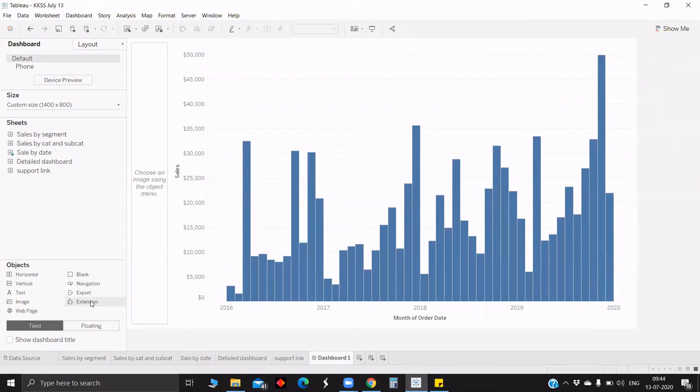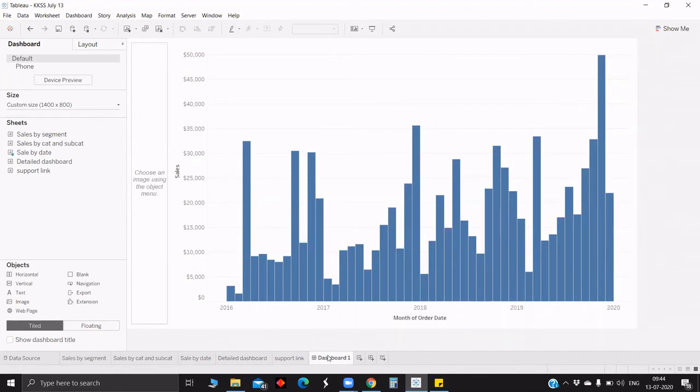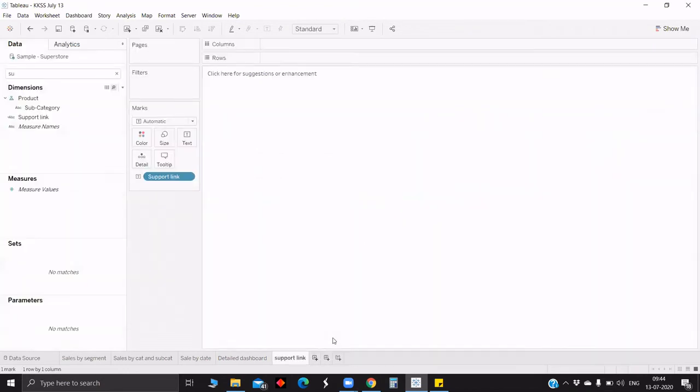Yeah. So I already have some 3 or 4 sheets. Since we have learned about containers and all those, now we will try to make a dashboard with the sheets which we already have. We will follow the steps and try to make the dashboard.